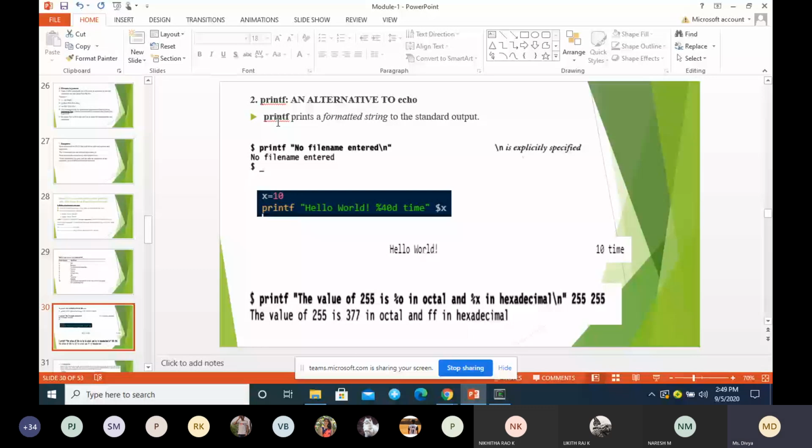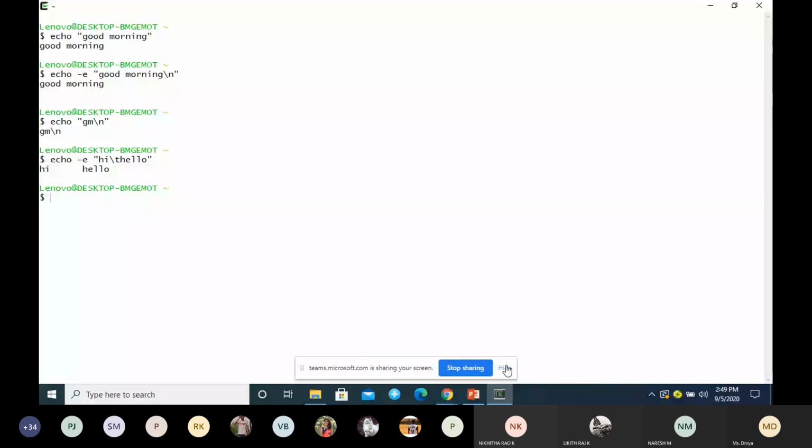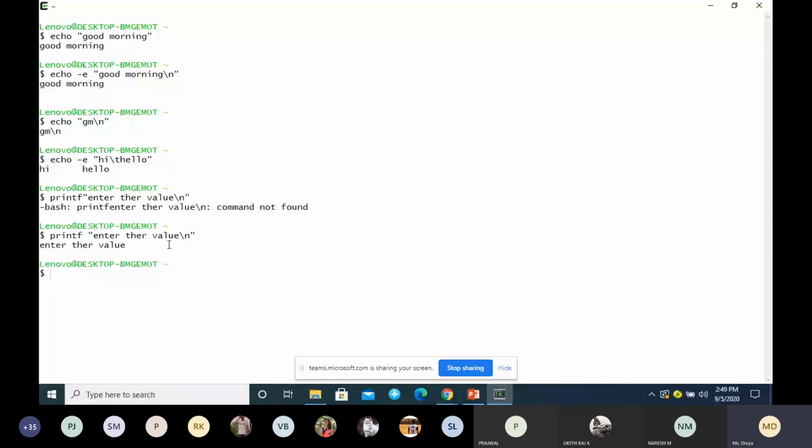See here, printf, enter the value \n. You can see here printf, enter the value, same as you use in a C program.